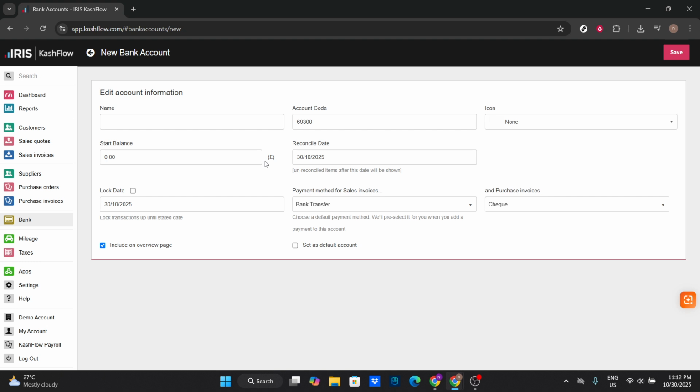Next, you'll need to select the account type that best fits what you're adding. This could be a current account, savings account, or any other type listed. Choosing the right account type not only helps in managing transactions more effectively, but also assists in categorizing them appropriately for future